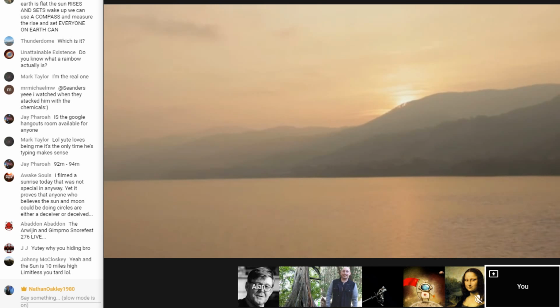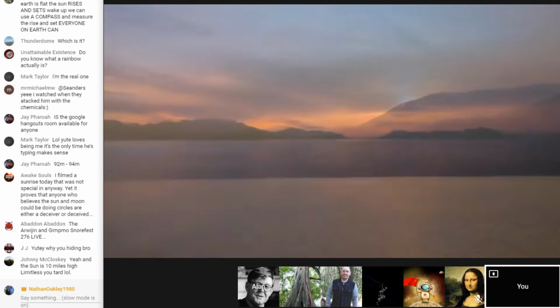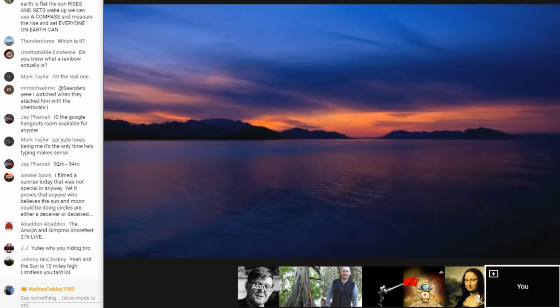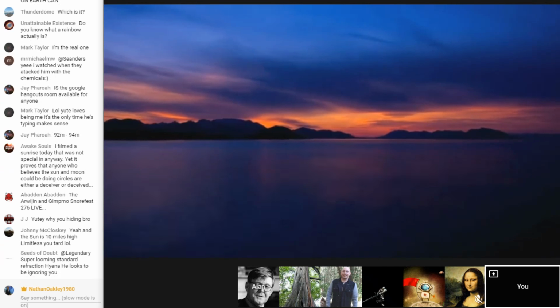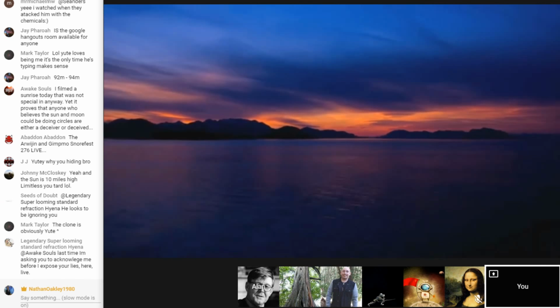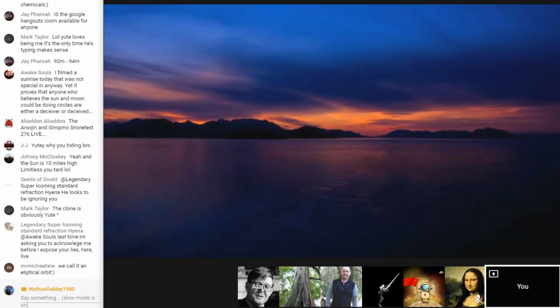It is an ellipse. So the distance between the Earth and the sun, according to the heliocentric theory, is vastly varying. A lot. It has to, according to a certain theory of